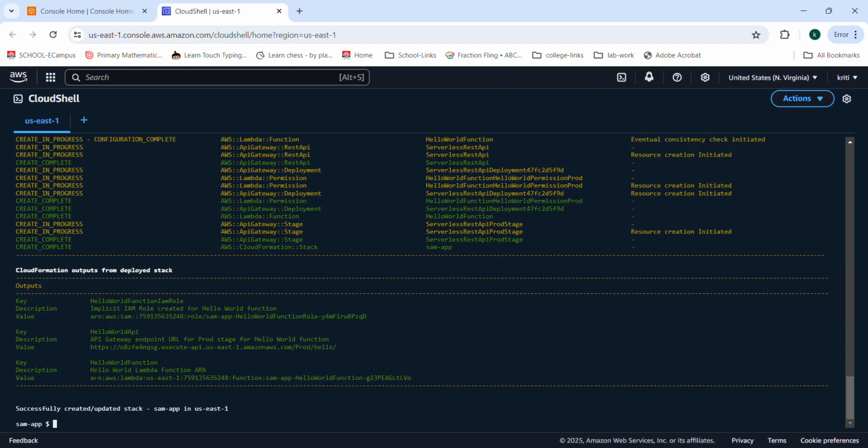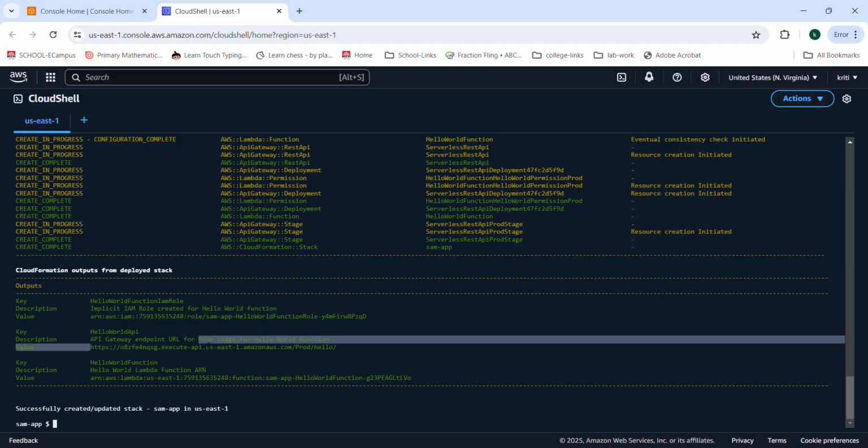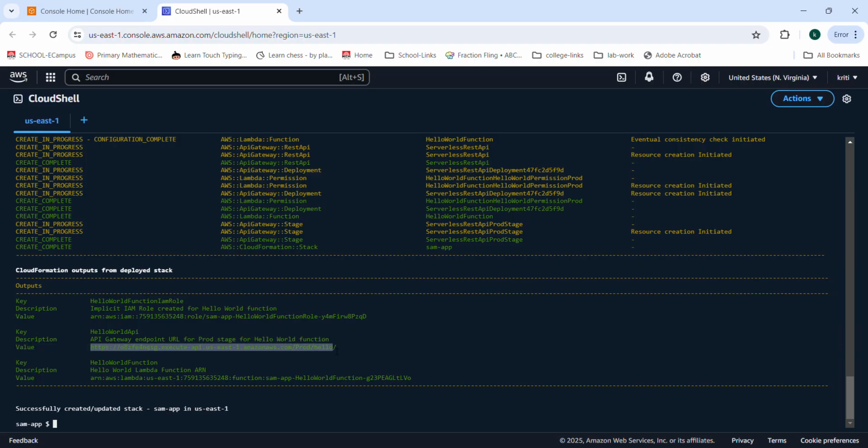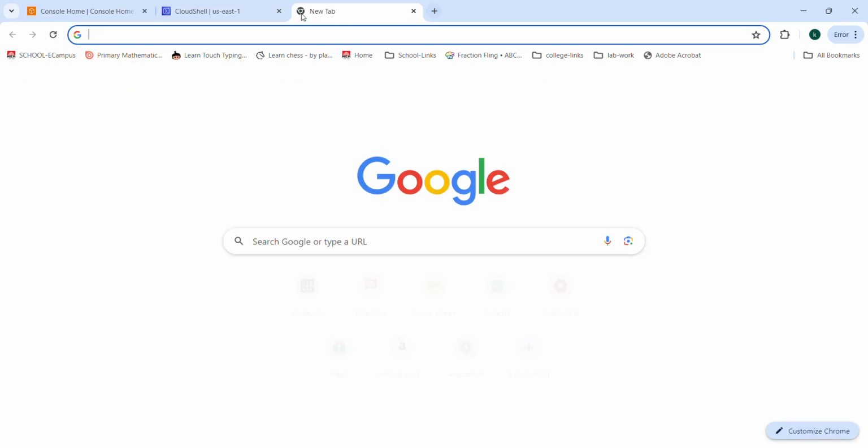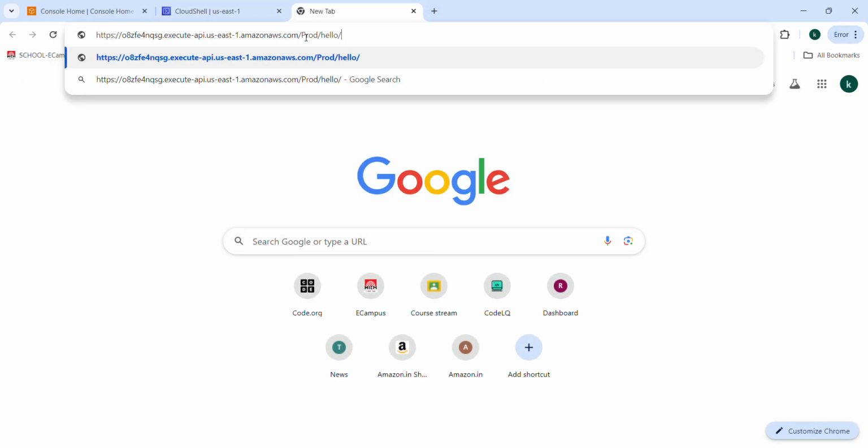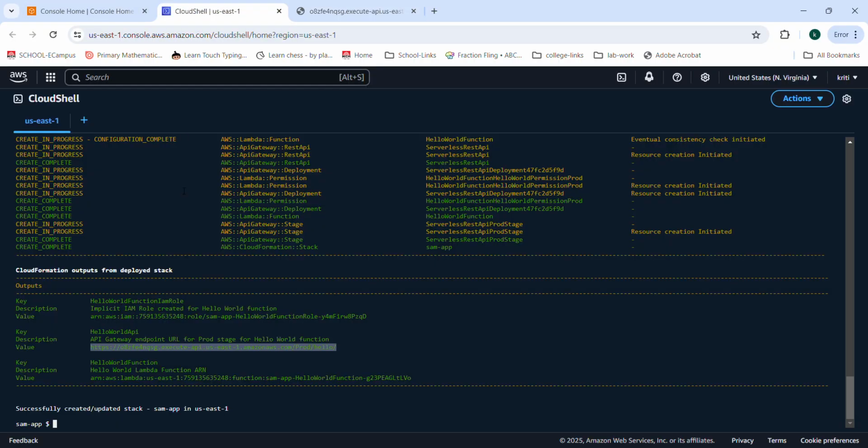Now you see there is an option, Outputs. We can see the output. What do we need to do? We need to go to the Hello World API, copy the value, the path which is written in the value, and paste it in another window. So see, here the Hello World is printed. So we are successfully able to deploy the Hello World.